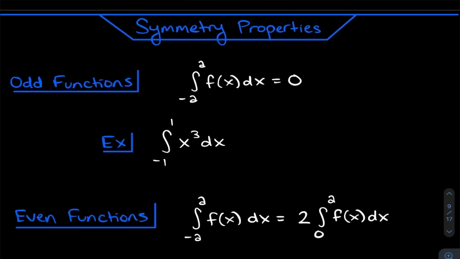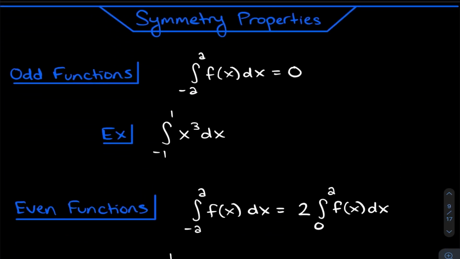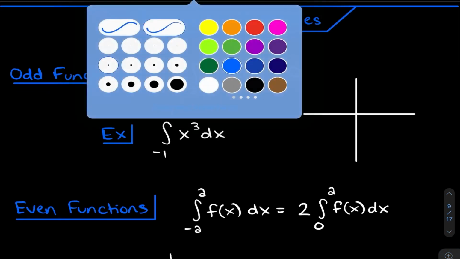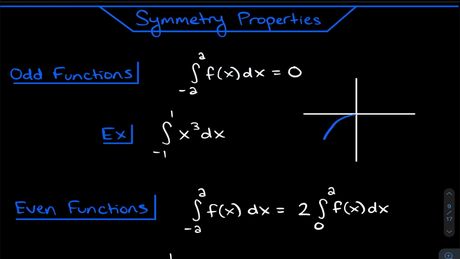Okay. So then there's also some symmetry properties, and these go off of exactly what we just talked about with the whole negative area thing. For odd functions, what's something nice about an odd function? Well, think about x cubed. Let's think about that graph. X cubed looks like this. And it's symmetrical. The area under the curve right here is going to be the exact same as the area under the curve